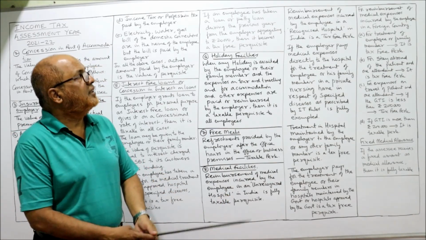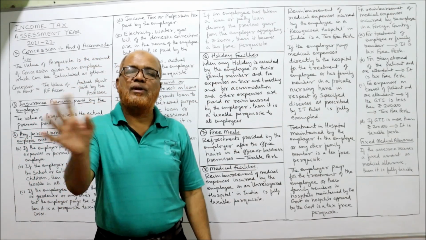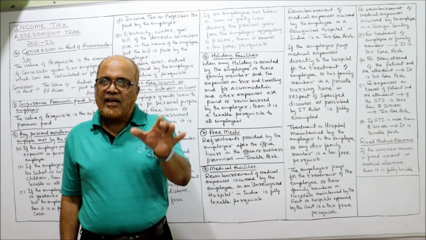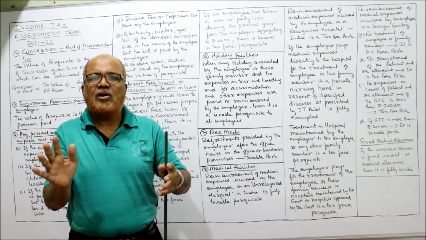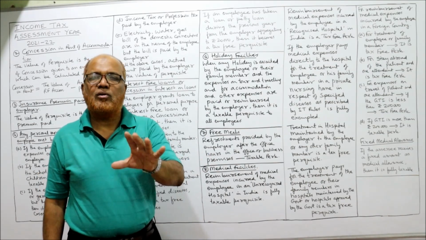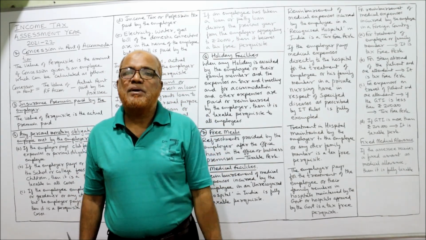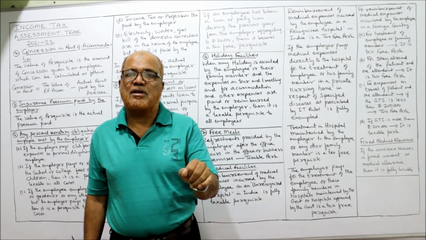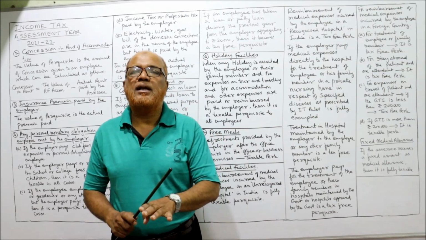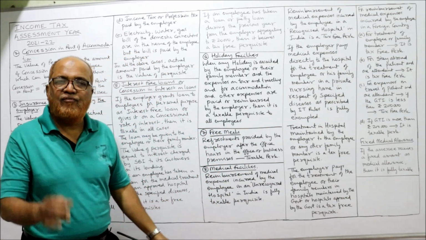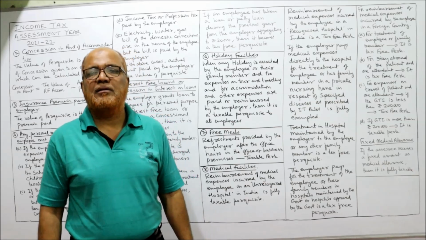Remember, very important point. Reimbursement of medical expense incurred by the employee in a recognized hospital is a tax-free perquisite. Which is recognized and which is not recognized, the list is given by the Income Tax Act. Right now, we are not concerned about which are the recognized hospitals. You only have to remember whether it is recognized or unrecognized. That will be given in the problem. So if the expenses are incurred in a recognized hospital and reimbursed by the employer, it is completely tax-free. Unrecognized, fully taxable. Recognized, completely tax-free, not taxable.